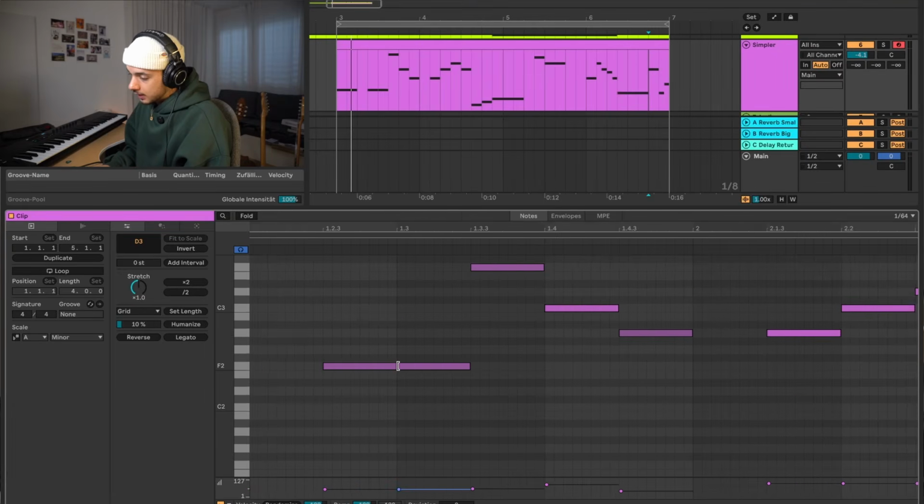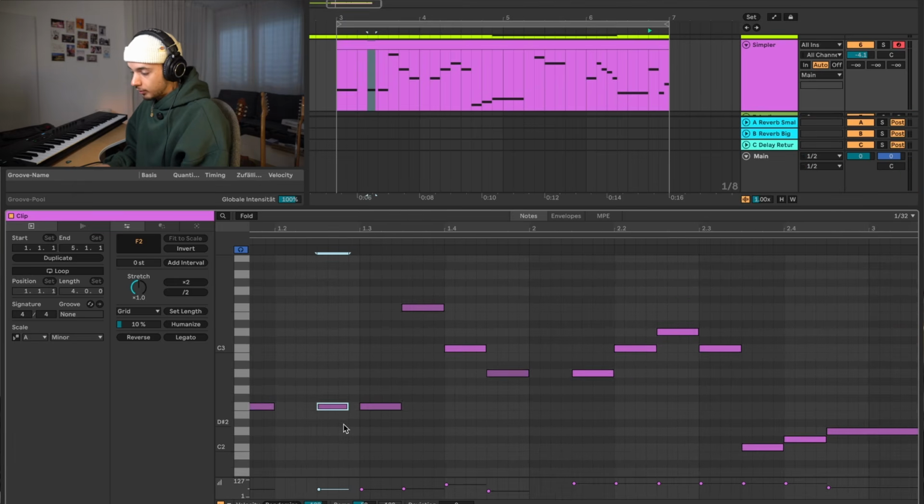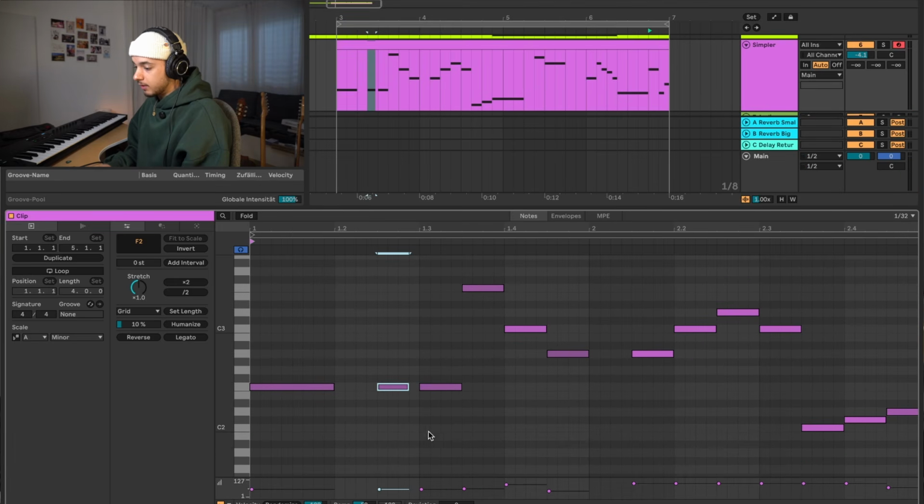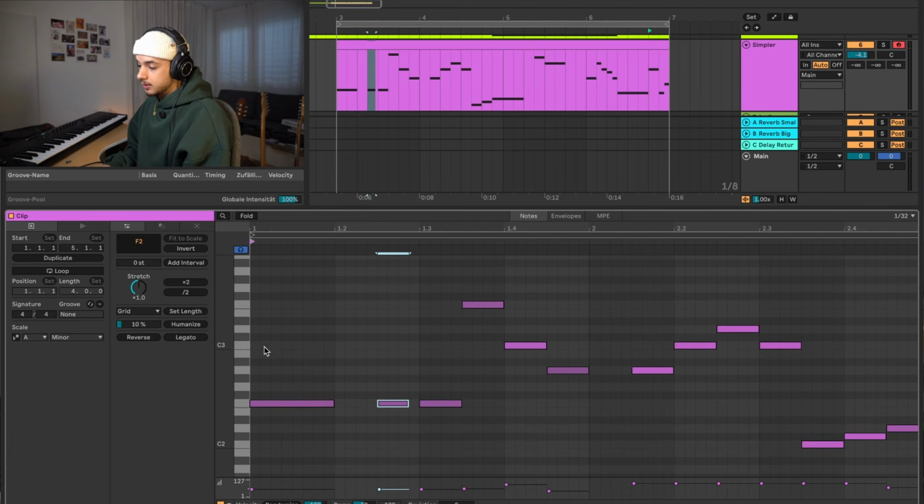Right now, everything is quantized, so it sounds very robotic. So we want to add some groove, and the best way to do it is by moving certain notes a bit more to the right, so that it kind of follows the whole beat and creates more movement. So often what I'll do is to take all the notes that are in between the 1, the 2, the 3, and the 4, and move them a bit to the right. So let's say this one, we're going to move a bit